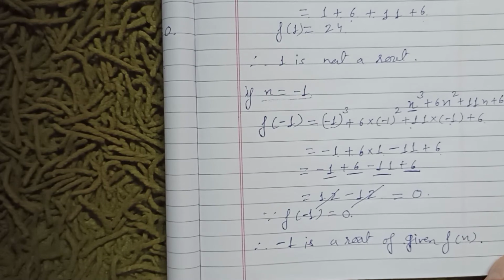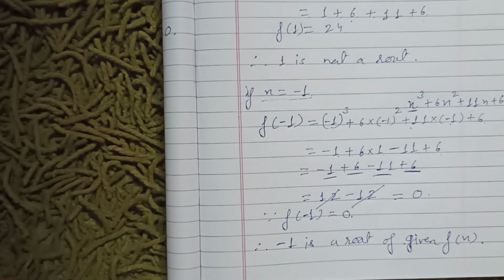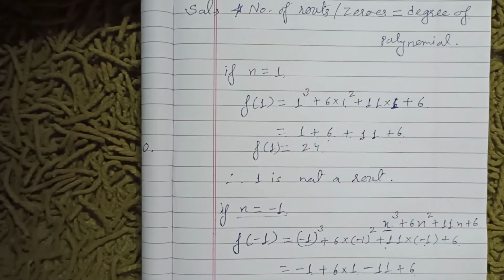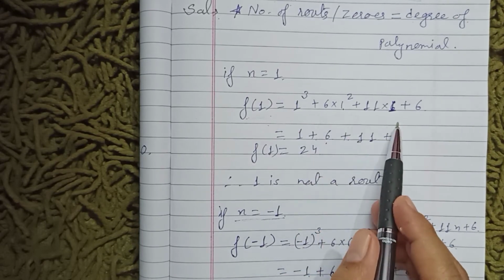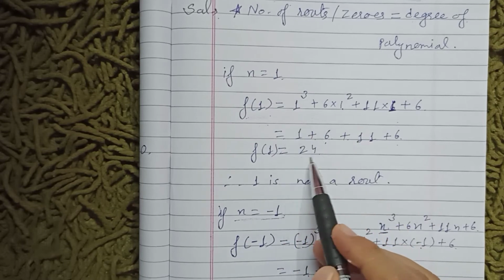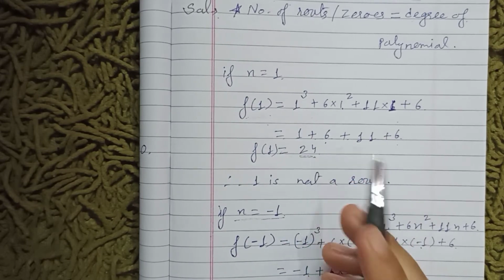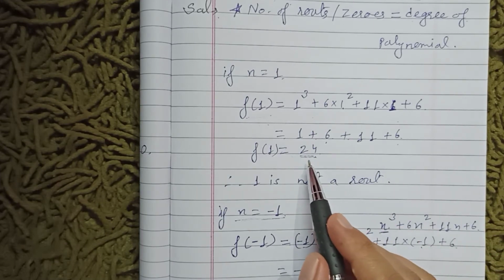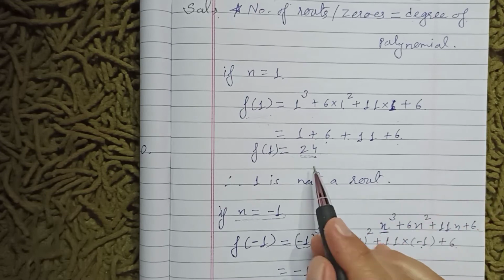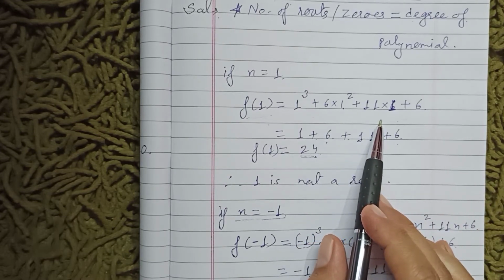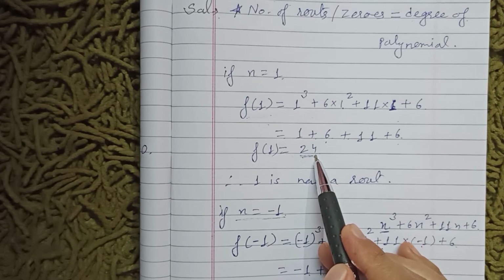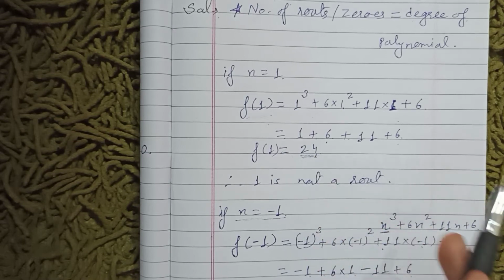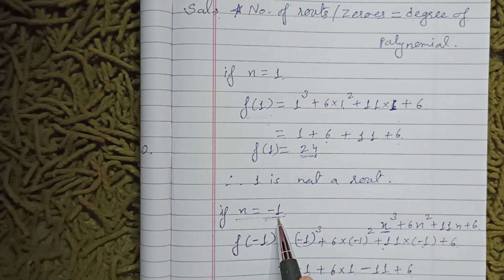Okay, in a similar manner we will now put more values. Now we will put x is equal to 2, then x is equal to minus 2, and we'll do the same thing. So here you notice one thing, if we keep putting positive values, any positive value, the polynomial has no negative sign, so the result we get for the polynomial at x equal to 2, 3 and even higher values will always keep increasing. Okay, because there is no negative sign anywhere, so nothing will get cancelled out so that it may become 0. It means no positive value can be a root of the given polynomial f of x. So that is the reason we are now putting x is equal to -2.